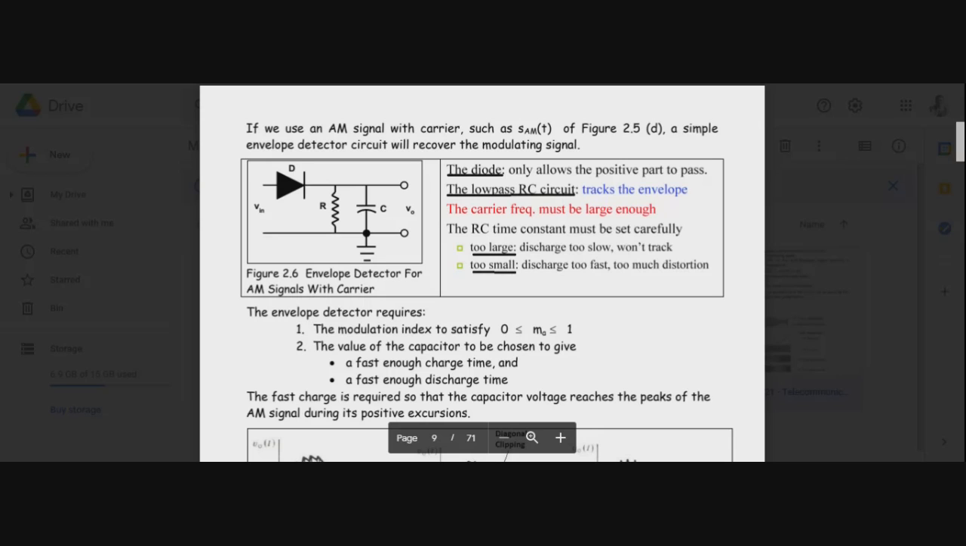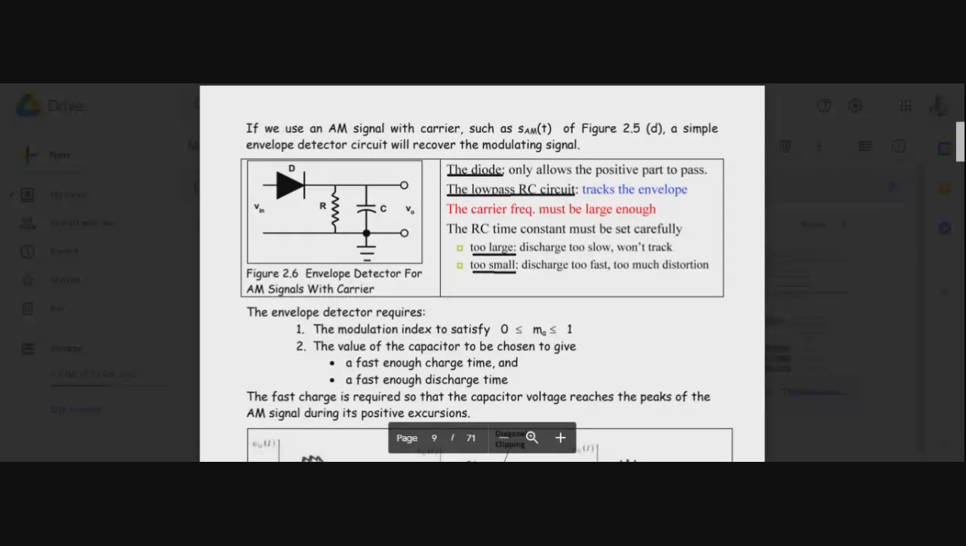This simple circuit, which is called an envelope detector, figure 2.6, is just a diode, a resistor, and a capacitor. It would actually have been nice if we could put this on a breadboard and display the signals on an oscilloscope. But nonetheless, what it does, and we'll explain this later, but you can just see that